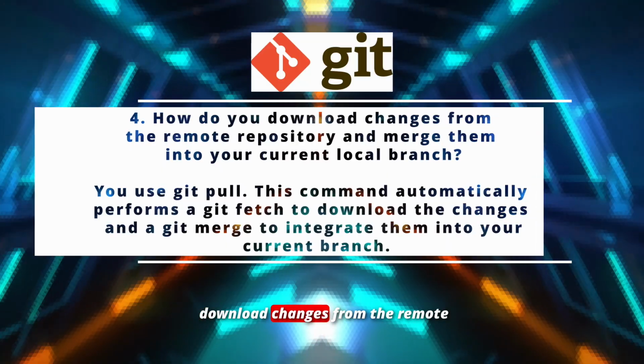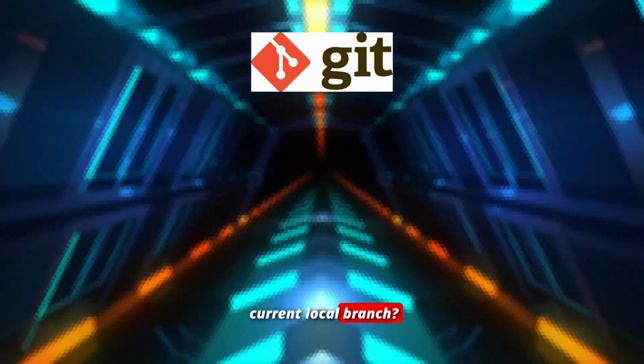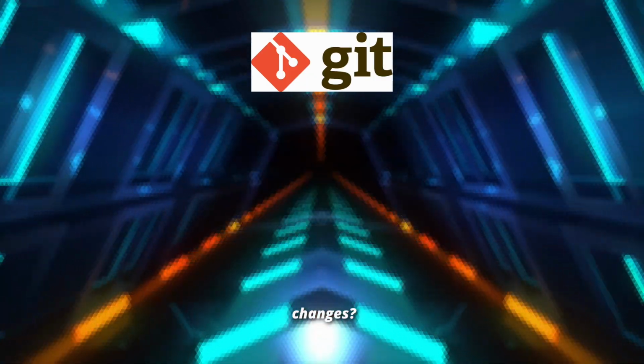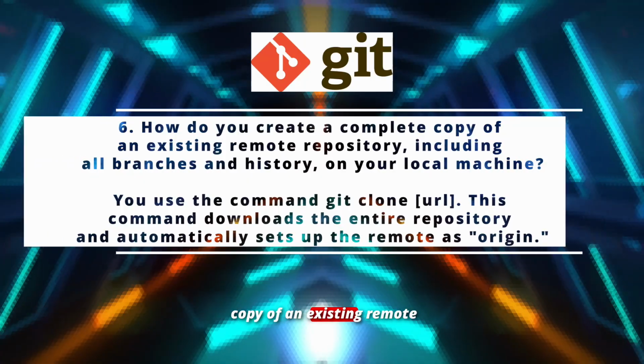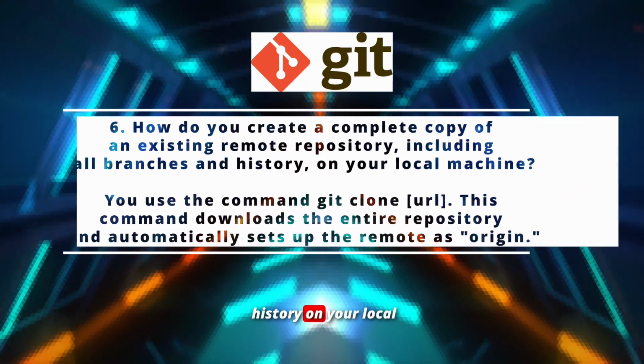How do you download changes from the remote repository and merge them into your current local branch? How do you specify a branch when pulling changes? How do you create a complete copy of an existing remote repository, including all branches and history on your local